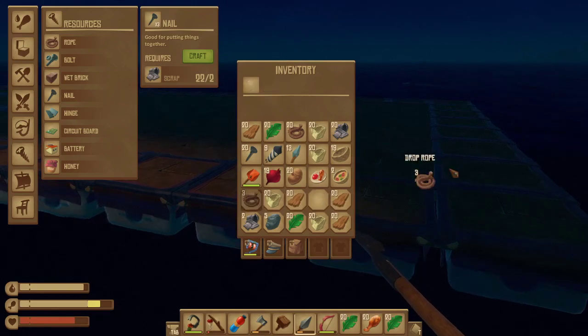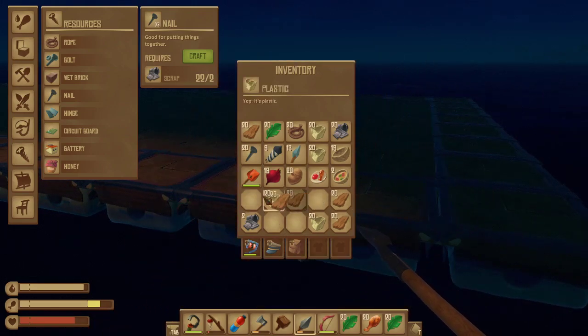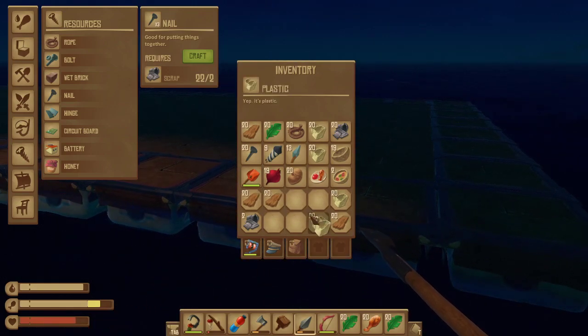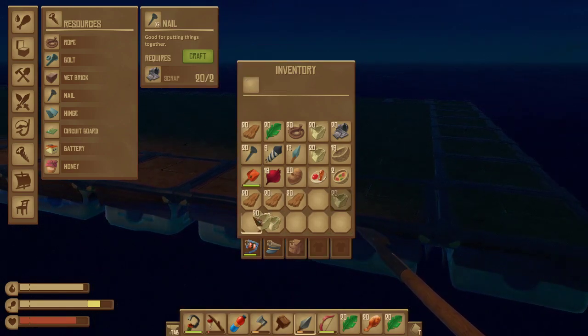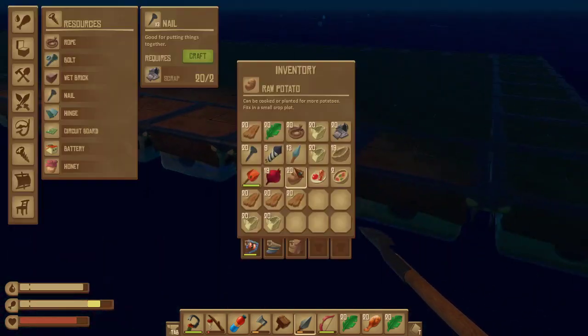Potatoes. Don't need potatoes. Don't need stone. Don't need any of that stuff. We do want these, though. Don't need that right now. Actually, I probably should have kept the scrap, but...